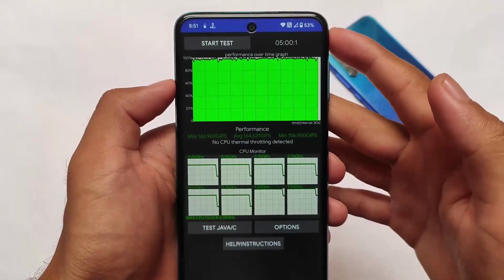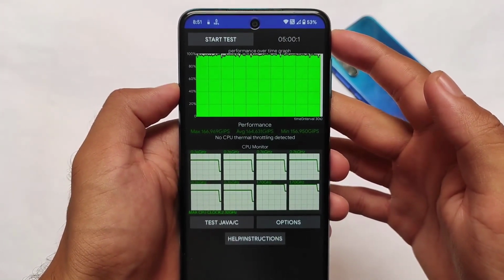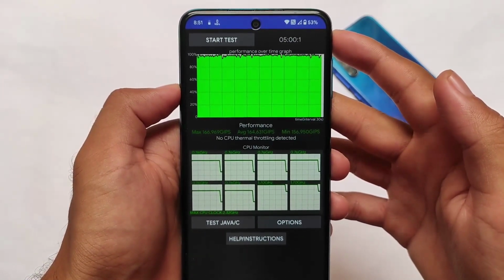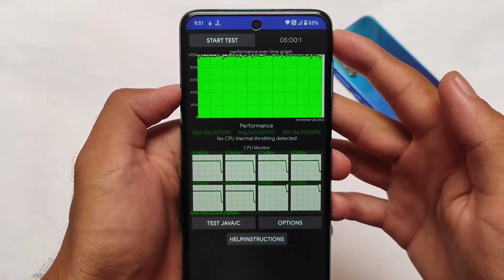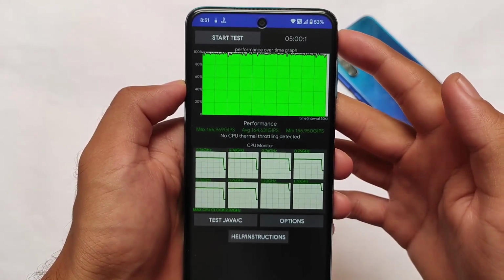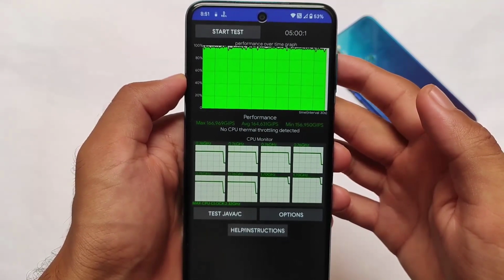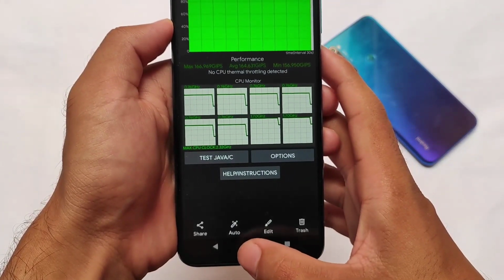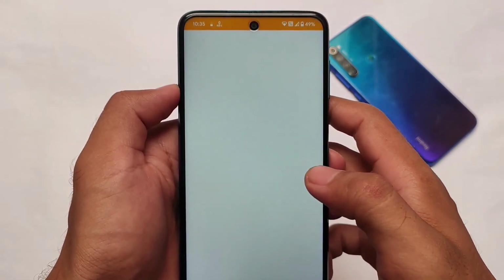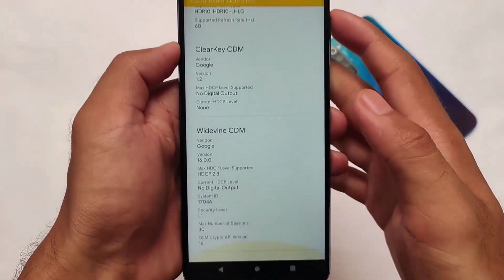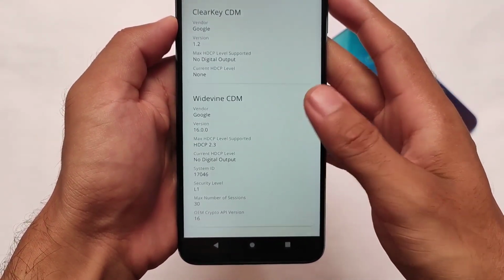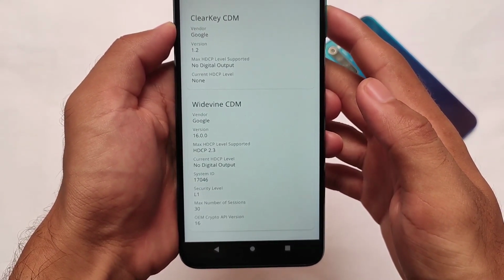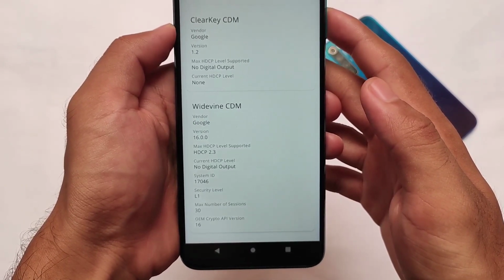Also in the terms of performance, because real performance is what actually matters, the CPU throttling test does not say bad things right now. It is saying that no CPU thermal throttling detected, and it's almost the same as WaveOS, which also has interesting things. Performance was quite great in that, and so in this Project Radiant, the performance seems to be very interesting. When I'm using it, I didn't get any kind of major issues. In the terms of DRM related things, whether it has L1 support or not, you can see it has L1 support. So yes, everything you need in a custom ROM is already present here.